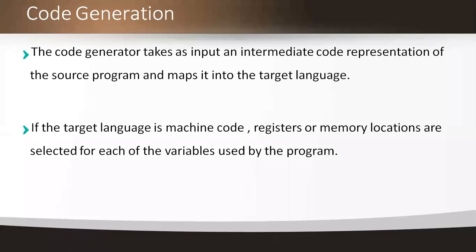Here, the code that we are going to generate is target language code, where the target language code is in the form of a machine level language, consisting of some registers, some memory locations, some instruction sets, or some arithmetic logic units. All this you already learned in the course like CO. There itself you learned what the machine level language is, what it consists of, and how the code looks.